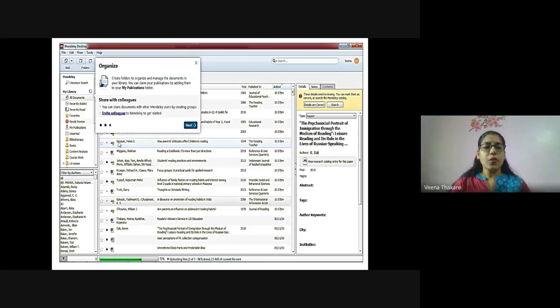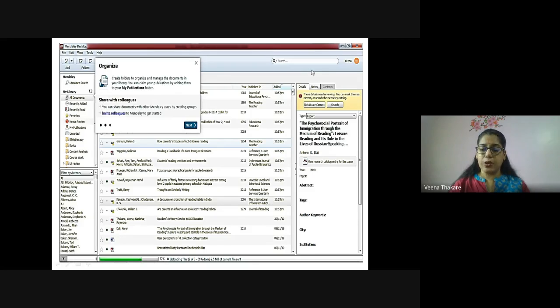Okay. So, organizing: all documents can be seen here. Whatever you add, all documents can be seen here. And recently added, recently read, favorites: you can just click on this star here and it will be your favorite. You can share it. Tags you can add. Now here, this is the note feature that I was talking about. Once you click an individual paper, first you see the details, and next you see this note feature.